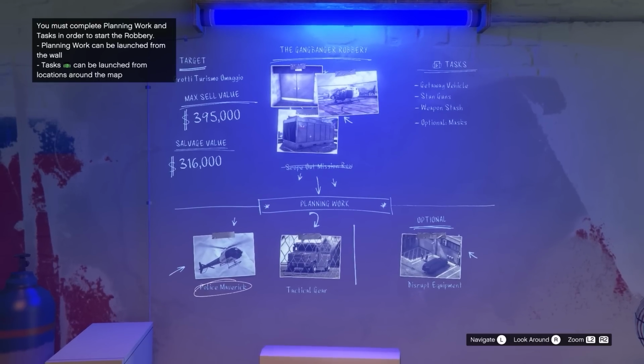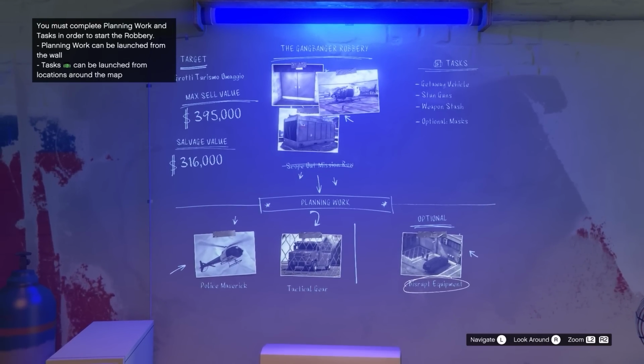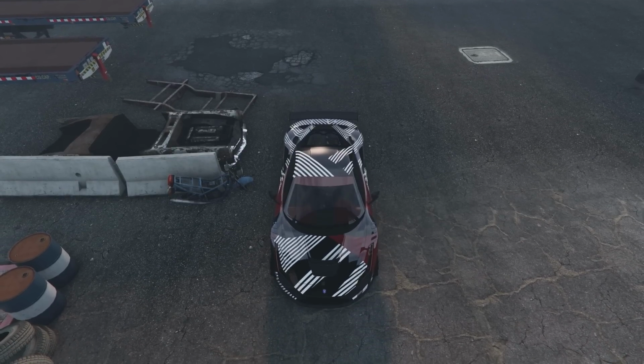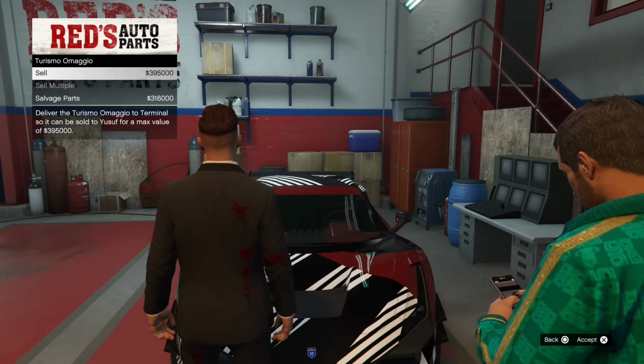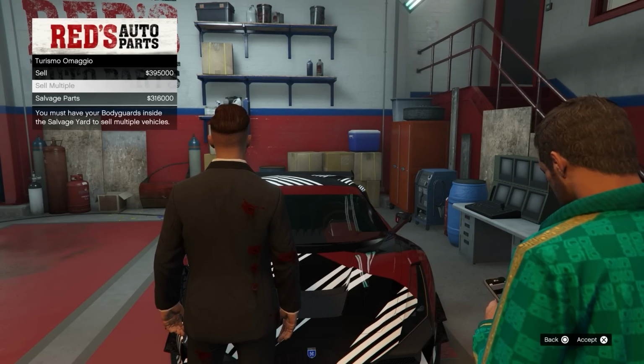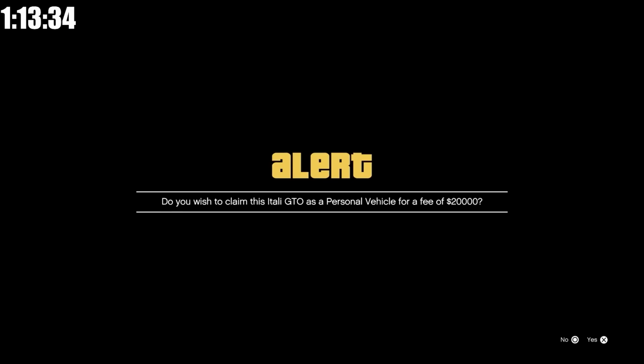The robberies are mini heists where you have 2 setup missions, 2 to 3 setup tasks, and 1 finale mission where you steal a car and bring it back to the Salvage Yard. Once the car is back at the business, you could then either sell it for max value, salvage it at a discounted rate, or even in some rare cases, buy the car for $10,000 to $20,000, which is always a